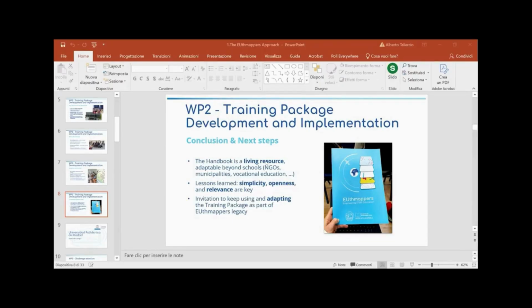So for doing that, we first needed to prepare the students and explain to them why we wanted to do that. In the beginning, there were two seminars. The first one was about EUthmappers. We have here Michael, and he will explain something more with respect to EUthmappers, but it was important to tell the students what EUthmappers are doing, which is mainly mapping activities as volunteers for supporting the activity of the United Nations. So this was the first seminar.